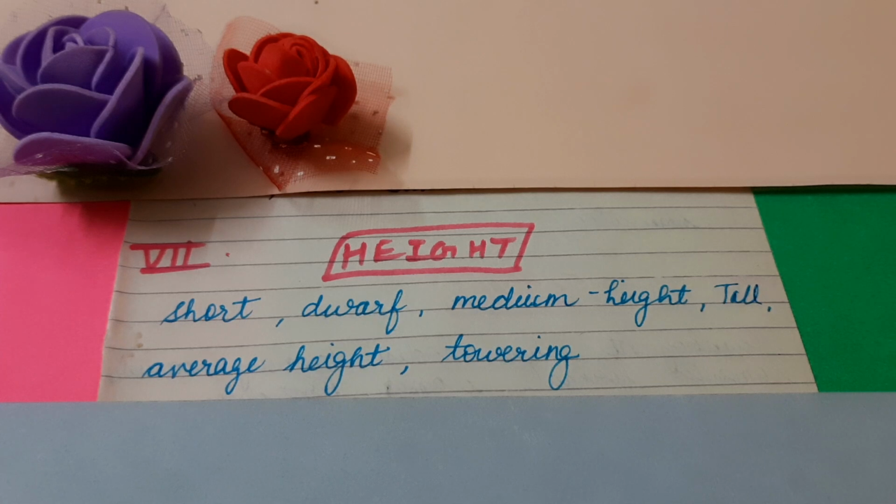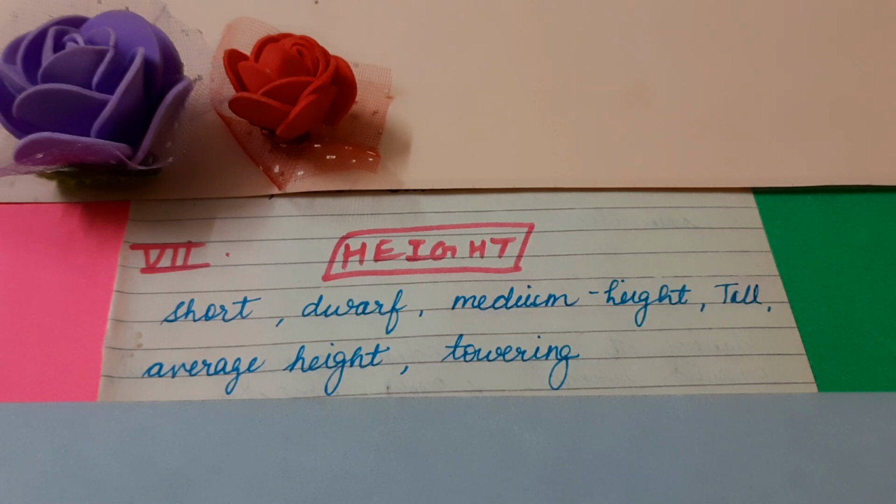Now comes the height of a person. A person can be short, dwarf, medium height, tall, average height, or towering. Towering means beyond tall. That person is amazingly tall. Actually there is not much difference between medium height and average height. It's kind of similar. Or you can just specify, if you know the particular person's height, you can be specific with the numbers, like 5'1", 6'2",